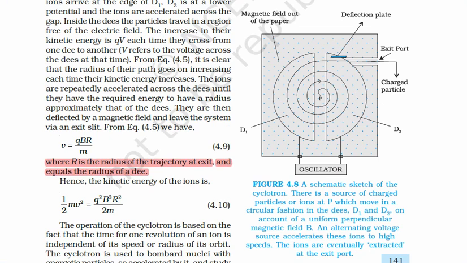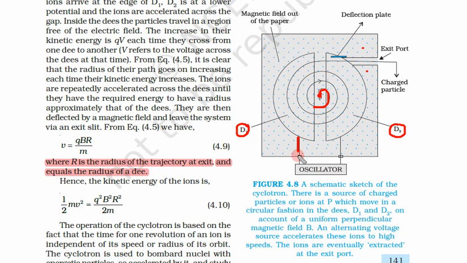Now we have discussed this figure. Let me show this figure once again. Here we have one D, this is another D. It looks like the letter D, that's why these are called D's, D1 and D2. A particle is starting from this center, which is a proton. This is the source of protons, and the magnetic field is shown by dotted symbols. That means the magnetic field is coming out of the plane, and because of this magnetic field, if this particle is moving, it will move in circular paths.